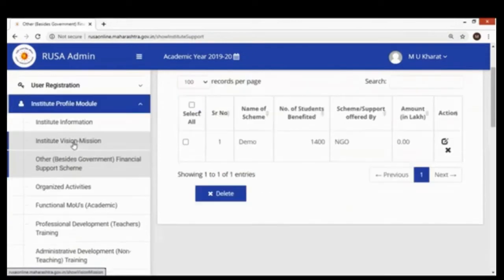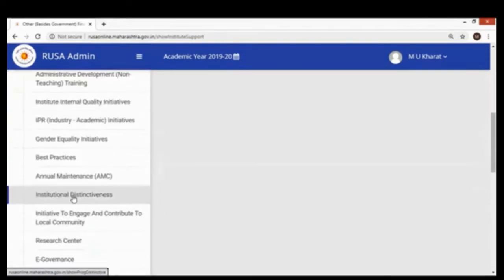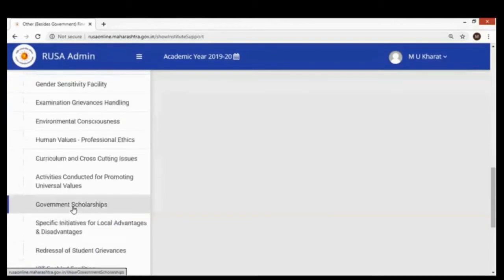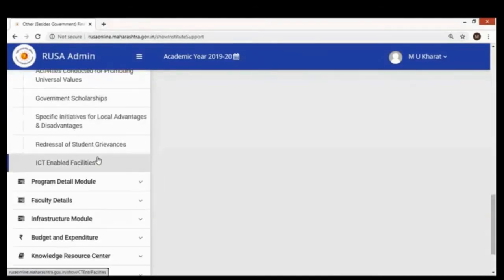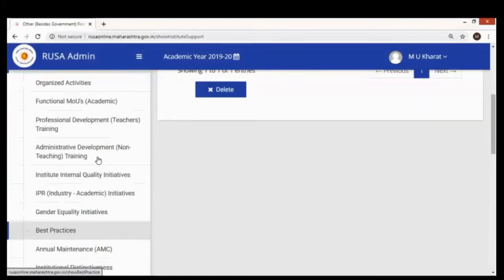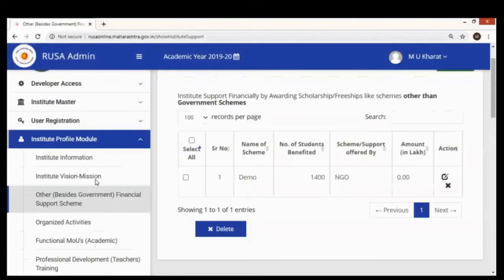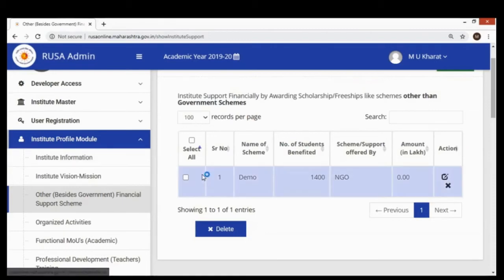See, when the IQAC in charge is entering all this basic information needed for the NAAC, this is the responsibility of the IQAC in charge to enter this basic information. This is very quantitative information. Once this information is entered with authenticity by the IQAC in charge, the same information will be used to generate various reports, maybe academic year wise, maybe department wise, maybe at the institute level.